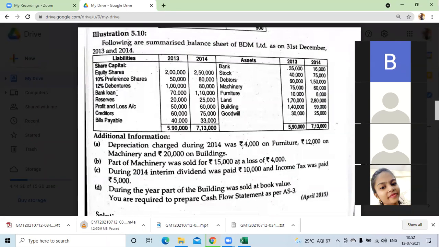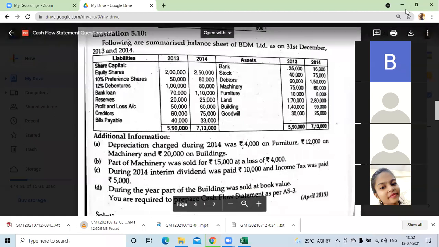So we are done with all the items without adjustments. And now we are left with 4 adjustments only. So shall we take a break of 5 to 10 minutes? Yes, ma'am. We will start after, now it is 10:52. Let's start sharp at 11 o'clock. Is that okay? Yes, ma'am. Okay. So take a break. Don't leave the lecture. Lecture is still on. I'm just keeping it on hold. Is that okay? Okay, ma'am. Keep it on hold. Don't leave the lecture.